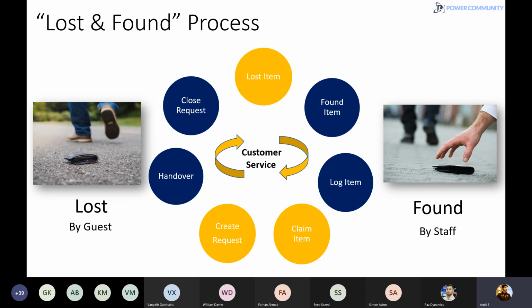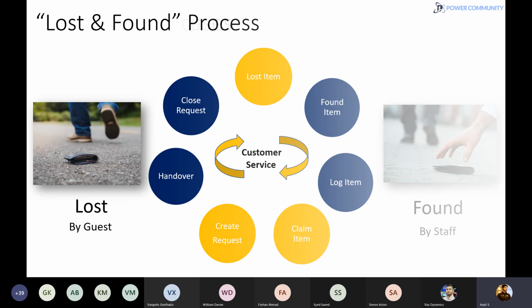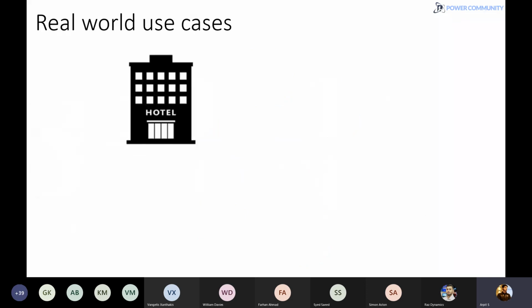Now, is there any real-time example where I can use this lost and found process? Obviously, we can use it in hotel management. If we are creating an app for a particular hotel, setting up a mobile application or website for hotel management, there are a lot of guests staying in the hotel, and sometimes they lose their items at the reception while checking out. So we can simply use this app or process in hotels as well.